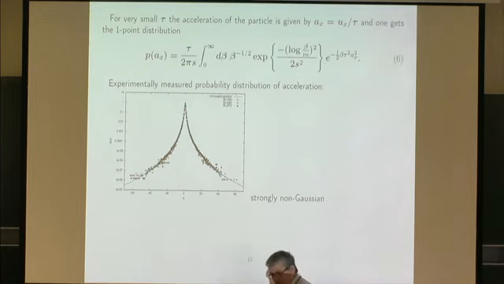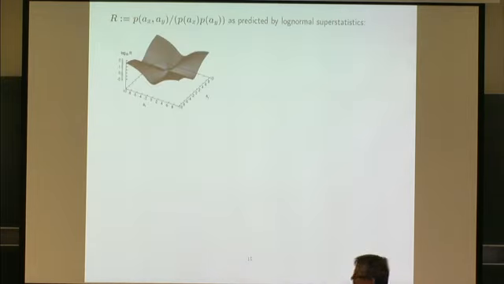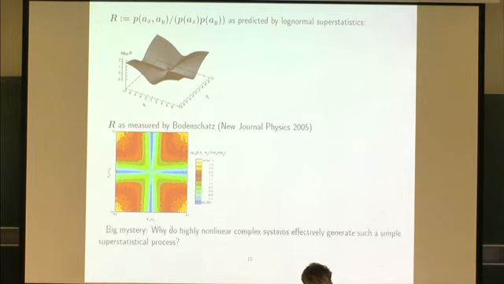Here is the solid line that is just the prediction of this superstatistical model. And also other things like these correlations between the components can be understood, and you can calculate it. This is what comes out of the model. Here's AX versus AY, and the logarithm of the ratio of the joint probability over the product of the single probabilities to observe accelerations AX and AY. That is the prediction of the model, and it is just the same as what Bodenschatz is measuring in his paper there. So that means it works, but there's a big mystery here,